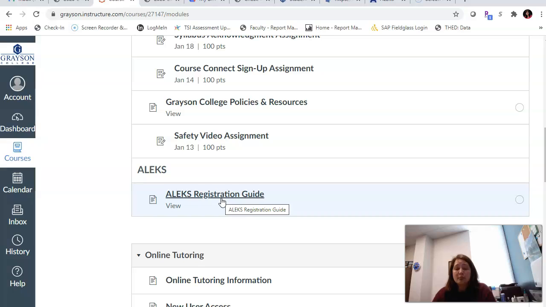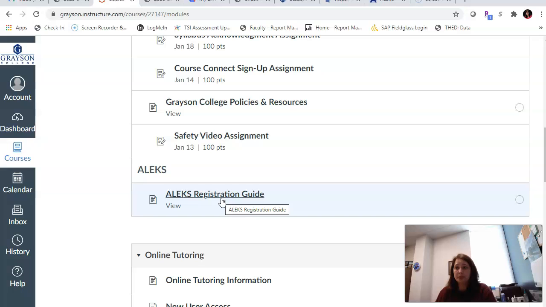Now, you must have an access code for ALEKS. Unfortunately, the bookstore does not have the access codes right now. So you can purchase the access code online through the ALEKS website. If you need to go through the bookstore for financial aid reasons or something, please let me know.